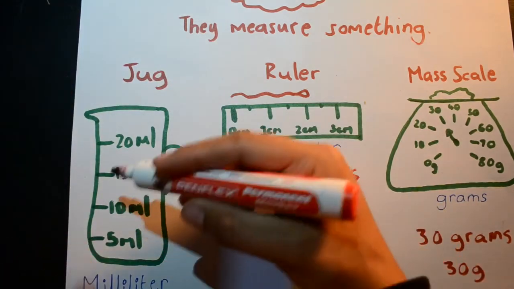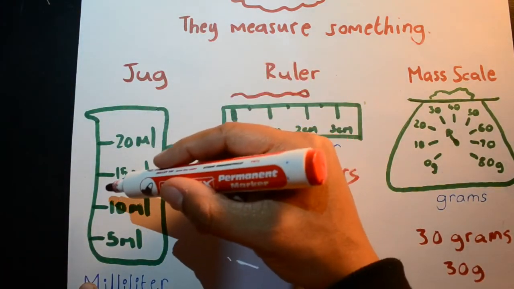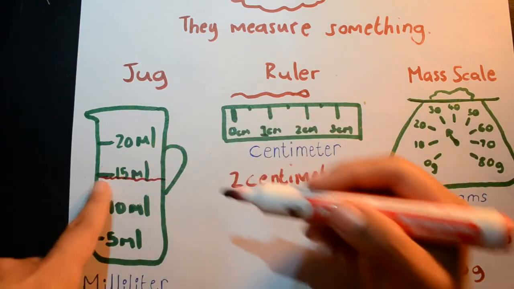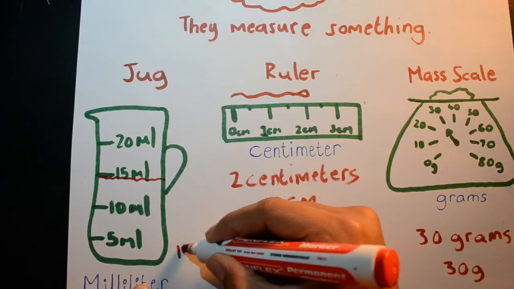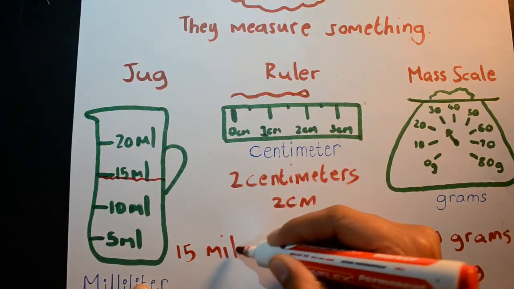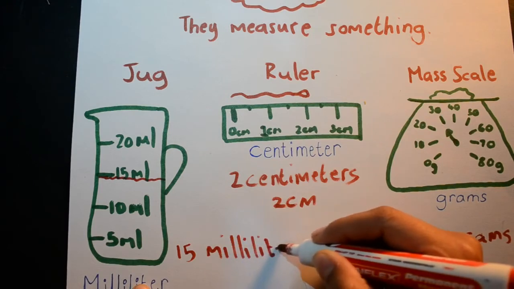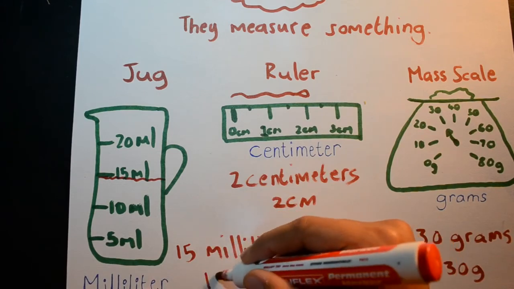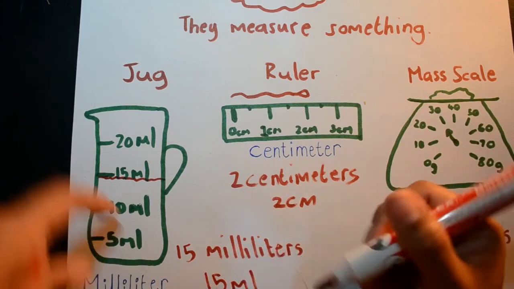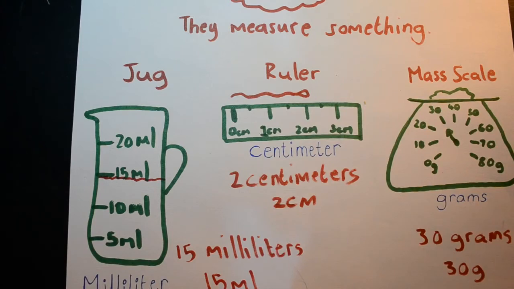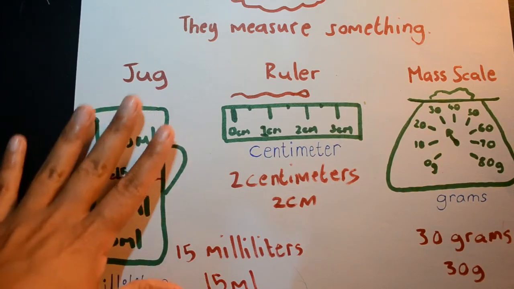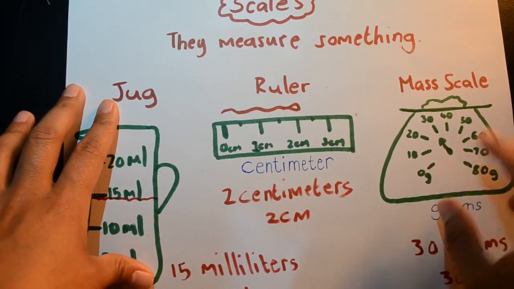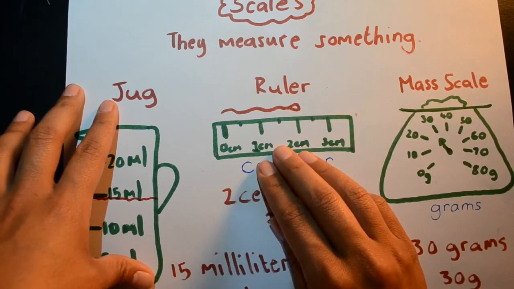Let's say you pour some water inside this jug, and the water comes till there. It's on the line of 15 milliliters, so I would say 15 milliliters, and this would just be 15 ml. And that's what scales do. They measure something. The scale measures how heavy something is, this one how long,